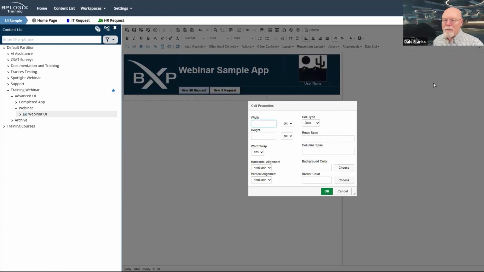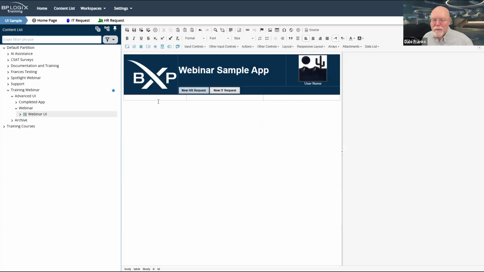This time the cell is 100% wide, but this time I want to set this in pixels. So I actually want a set width for this particular table cell. And I forget what I set it to. Let's try 250 pixels and see what that looks like.